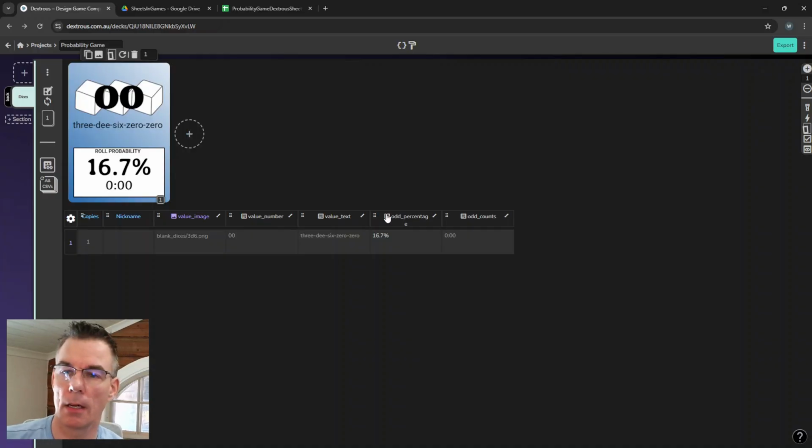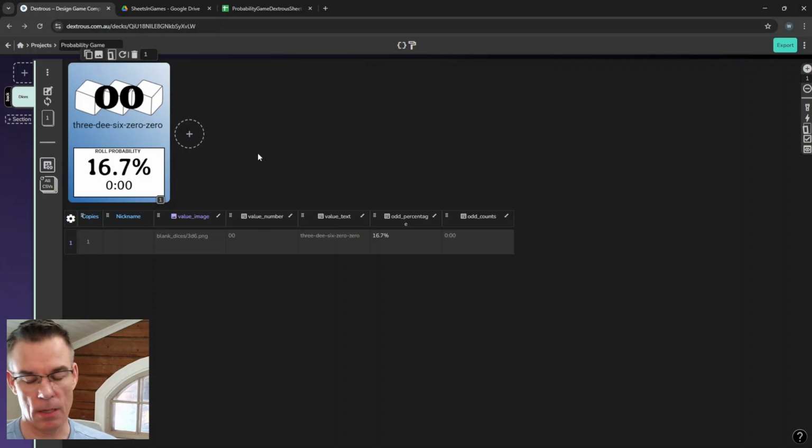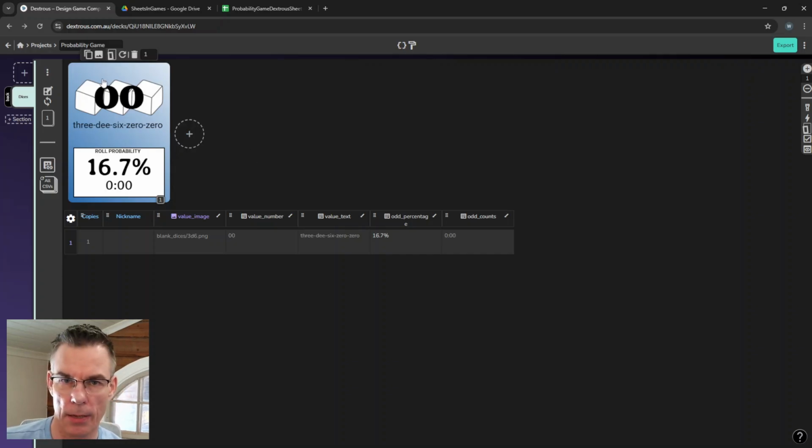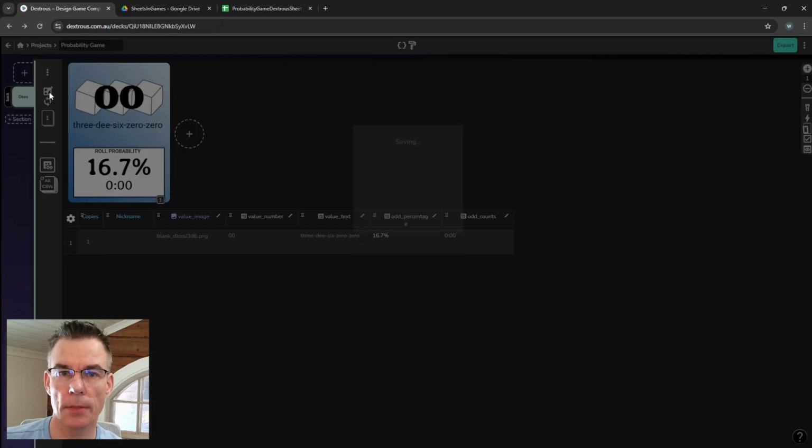So I have this template here in Dextros that could be used to create a game that you have cards for rolling dice. Well, I don't think that would be reasonable, but that's for educational purposes. Let's start by looking at what the layout actually looks like.